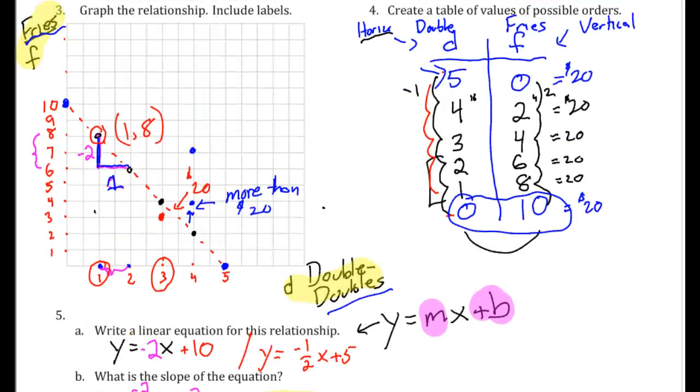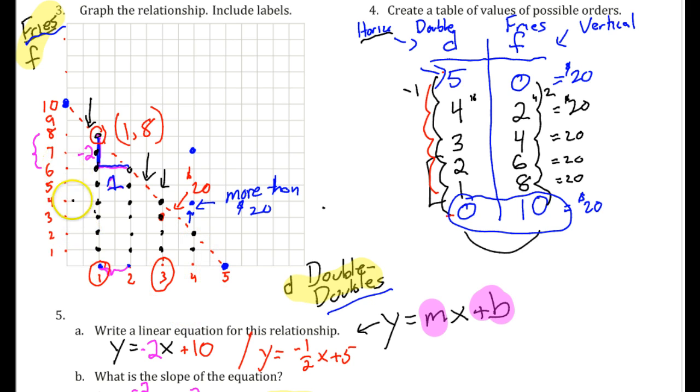Okay, so that would be every single point here. 1 double double, 1 fry. 1 double double. See, these are all underneath the budget line. So I know all these without having to recalculate and see how much they cost. Since they're physically, visually beneath the line, I know I can afford these. 2 double doubles, 2 fries, 3 fries, 4 fries, 5 fries. I can afford all those because they're below the line. So these are all the possible combinations that I can afford